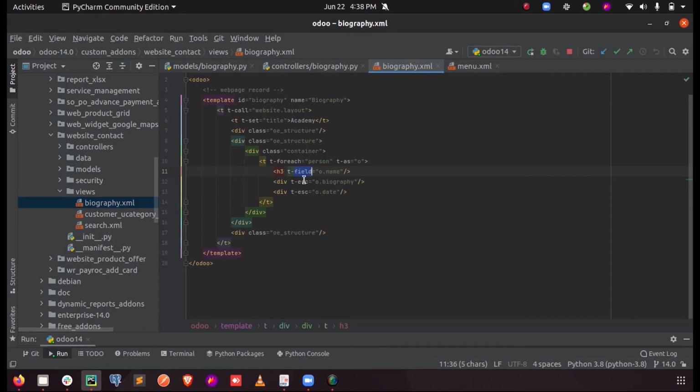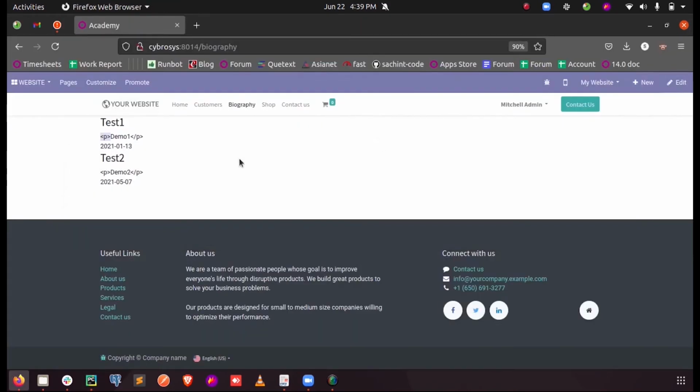Let us see the changes which happen. T-field. Here, if I run this, currently in the UI you can see that each time the biography field displays, it shows a p tag.